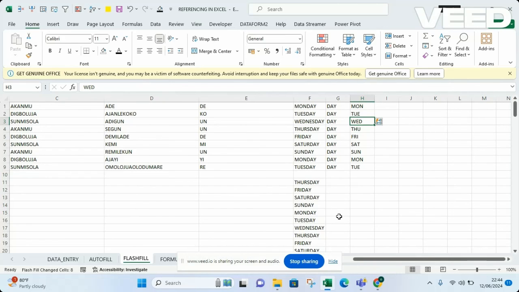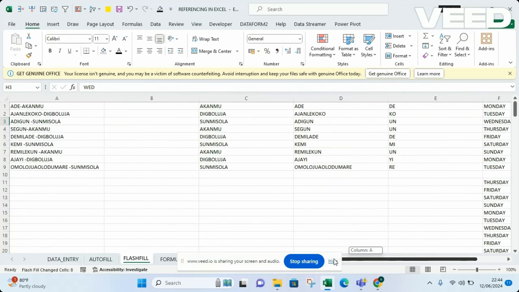Very good. I believe we have been able to do a whole lot of things in this particular session, and I think we should continue in the next session. In the next session, we are going to look deeper into how we can copy our cells, paste them, and the different options that we can use to do copy and pasting